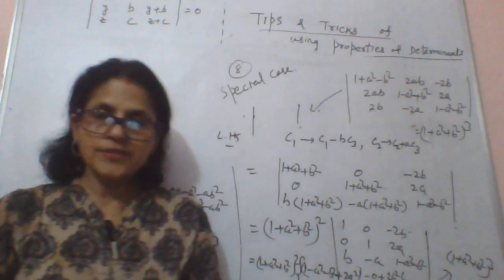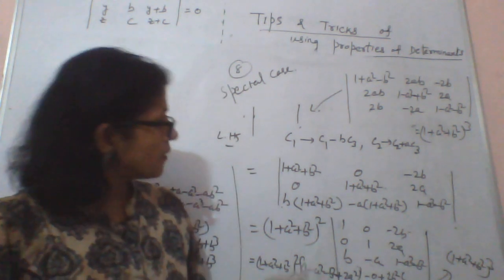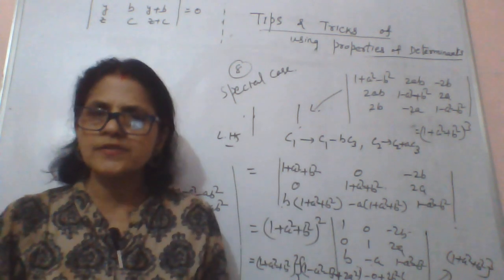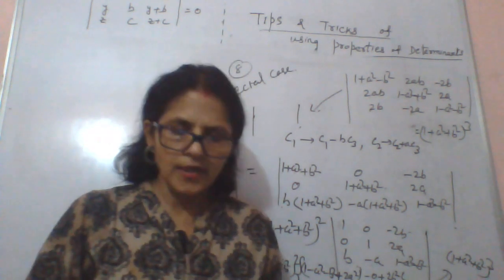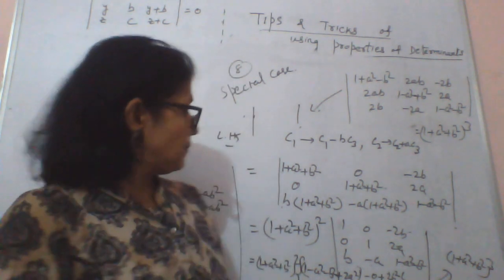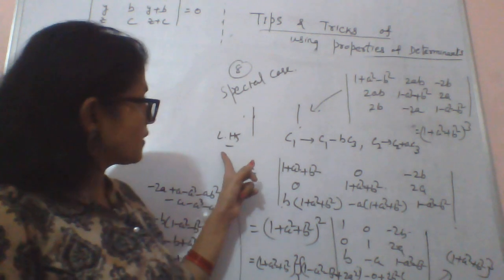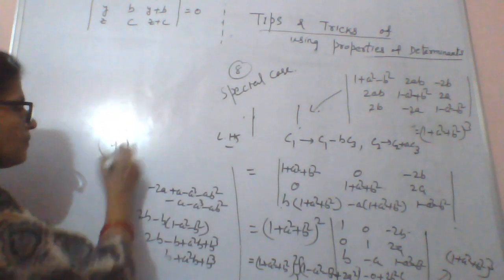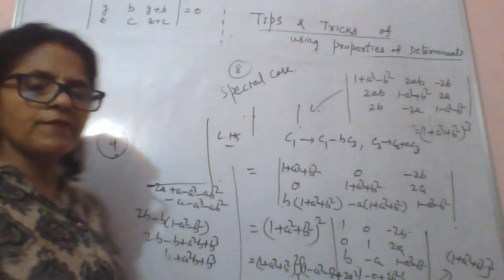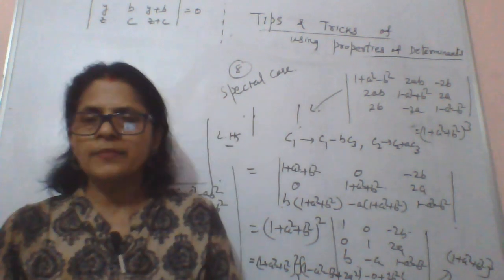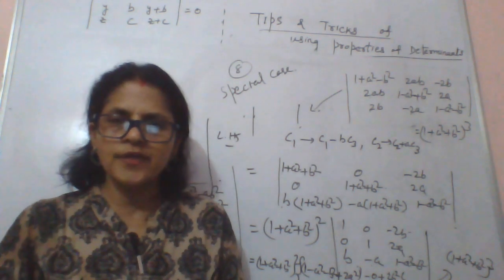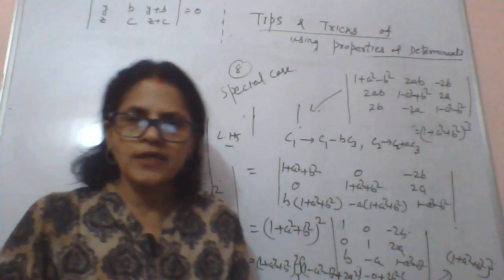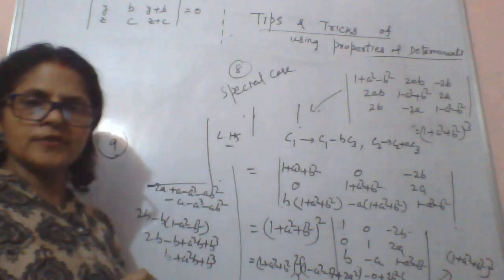So basically these are some of the types, and ultimately getting something common, taking the factor that works. And if you ask me, one more trick I can tell you. So trick number 9 is basically whenever you have to show the determinant is 0 and the question is without expanding the determinant. Okay, so without expanding the determinant, show that this is 0.